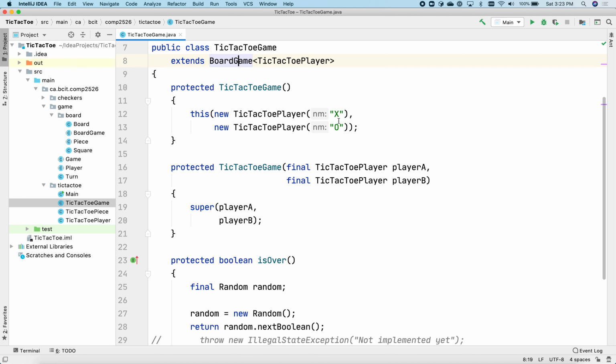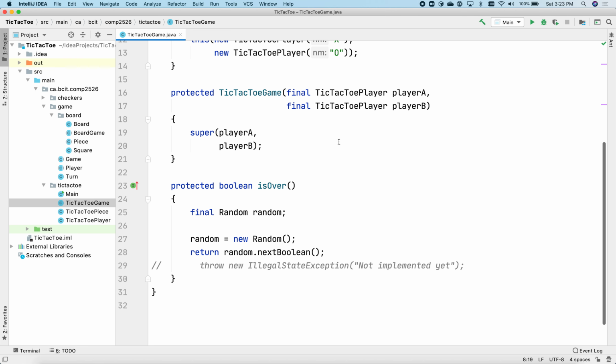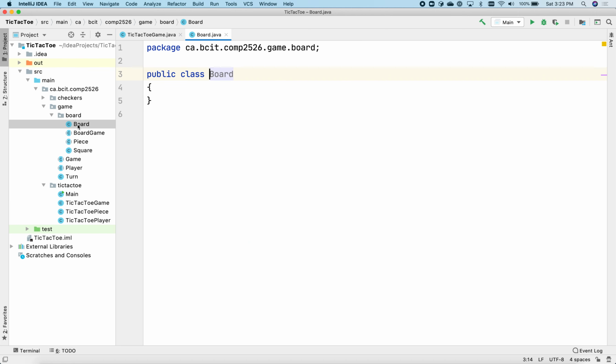We've got our two players, X and O, and we can tell if it's over. So we won't worry about that just yet. We're going to go to our board. So our board is